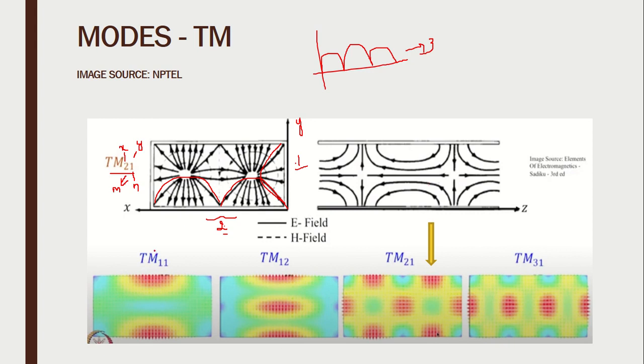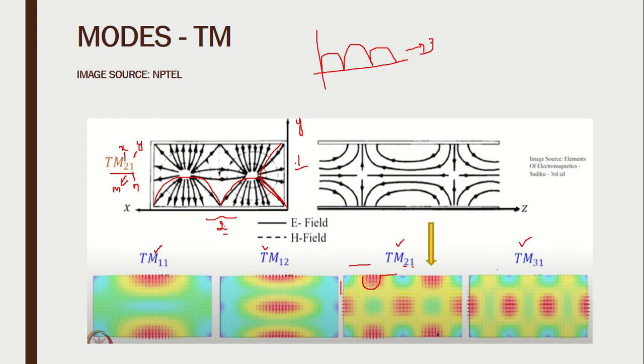Now let us compare this diagram. There are 4 modes present here: TM11, TM12, TM21 and TM31. These 4 diagrams were actually simulated using software and the field components are presented here. So let us observe how this 2-1 mode is represented in this simulation. Let us take this to be the x direction and this to be the y direction. How many half sinusoid variations are there? My first half sinusoid,